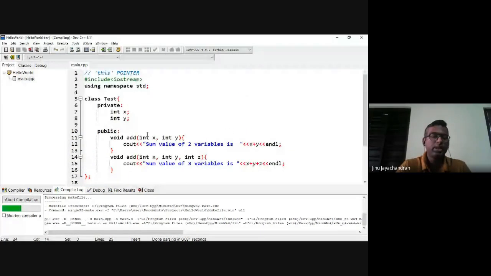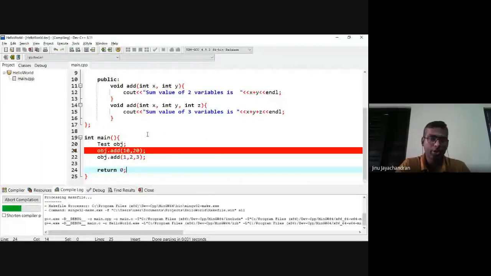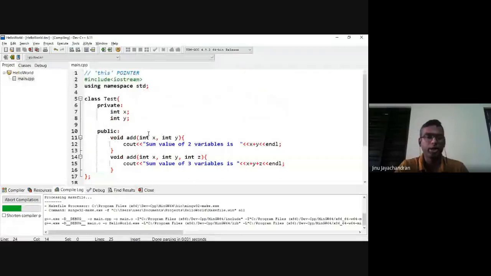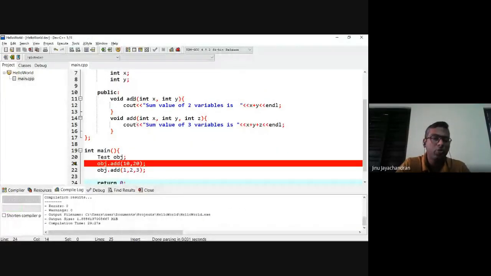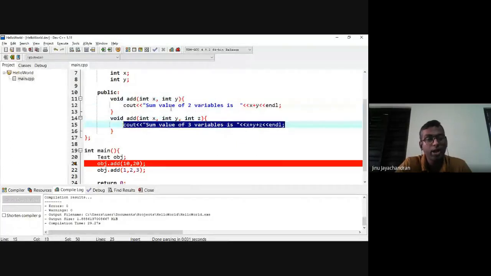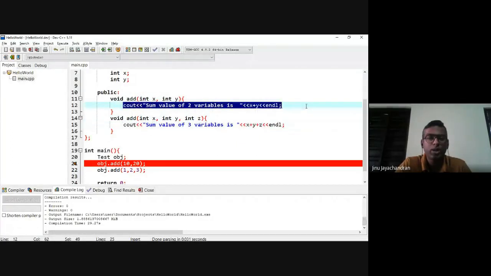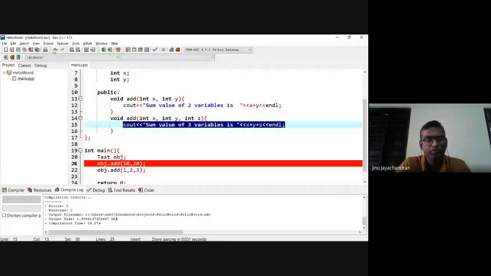This is called function overloading. So basically for the same function name, you have two different meanings. One is where you are adding two variables, another is where you are adding three variables. So if I put in debug mode,